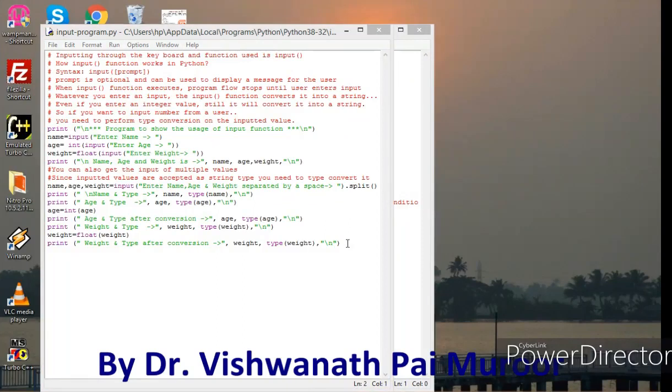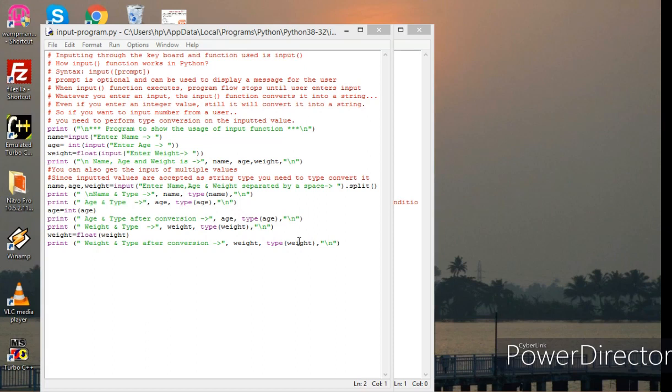We have already worked with the print function to display output on the console. And now let us discuss the input function to handle the input given through the keyboard. So I'll be discussing how the input function works, that is, how to input values from the keyboard.